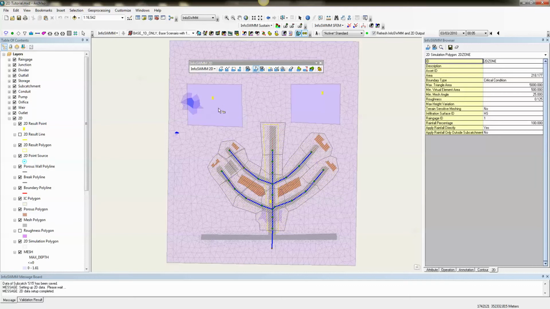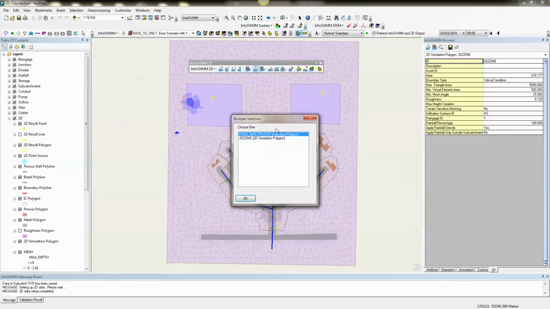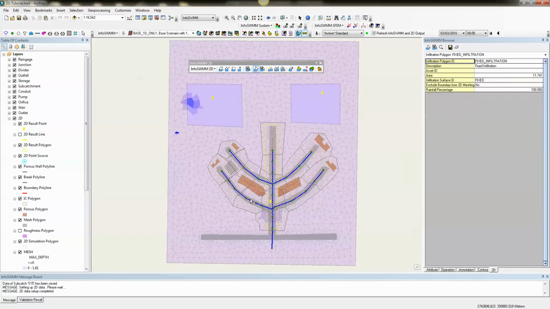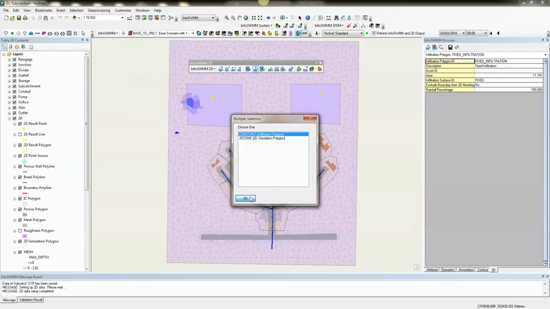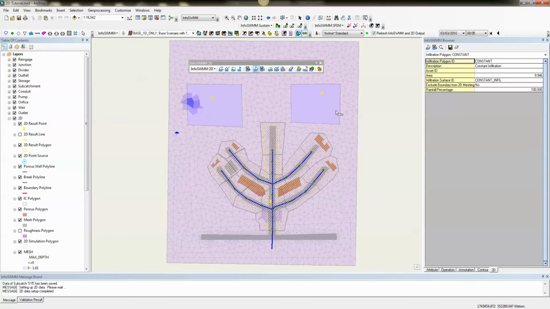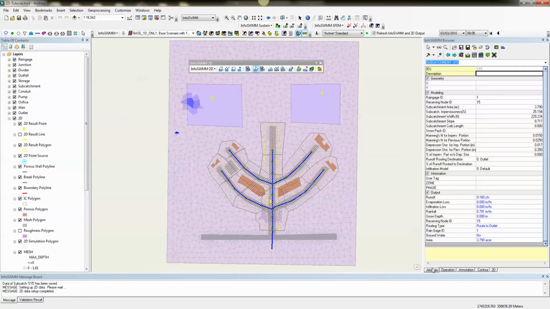Or you can have your own separate infiltration polygon. Here's a fixed infiltration polygon, which uses the fixed infiltration surface ID. And then we have another one for a constant surface infiltration ID. I put in point sources here. So if I click on the point source,